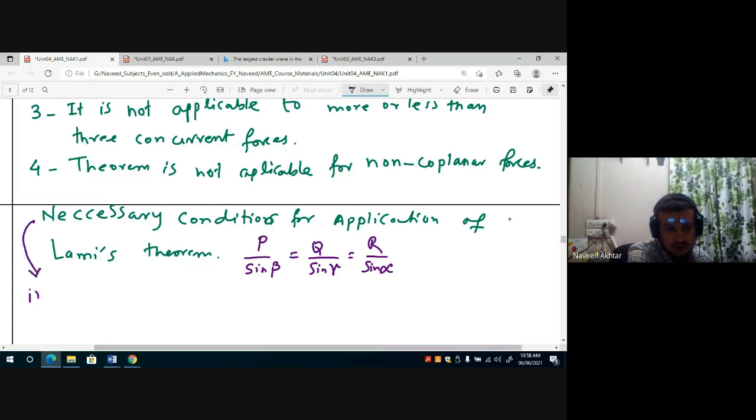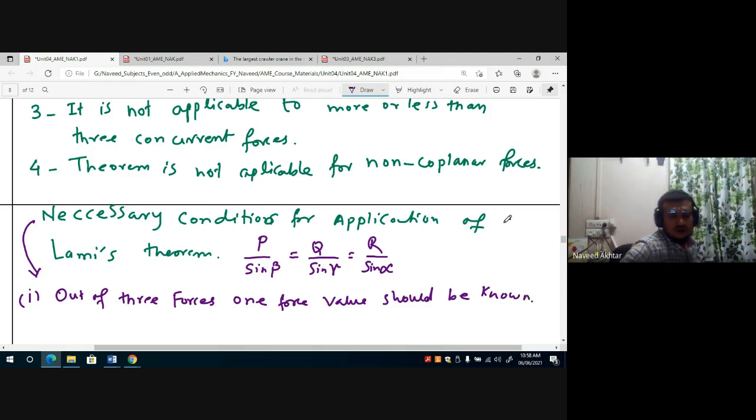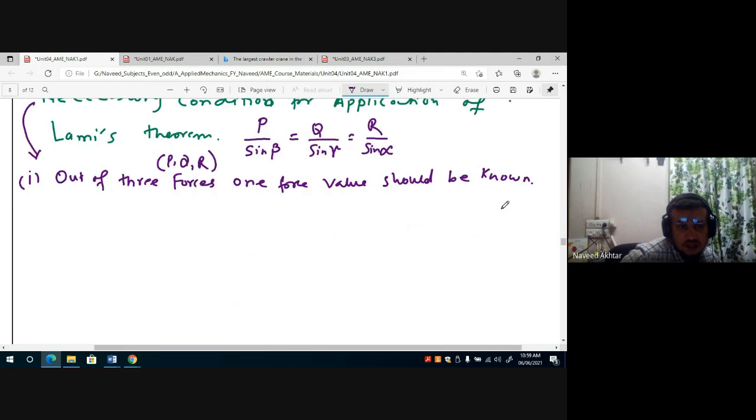You see the first condition, out of three forces, one force value should be known. मालूम रहना चाहिए कम से कम एक फोर्स की वैल्यू आउट ऑफ P Q R। तो फोर्सेस आर नथिंग बट P Q और R। इनमें से कोई भी एक फोर्स आपको मालूम रहना चाहिए, कंडीशन नेसेसरी कंडीशन है लामीज थ्योरम को सॉल्व करने के लिए।